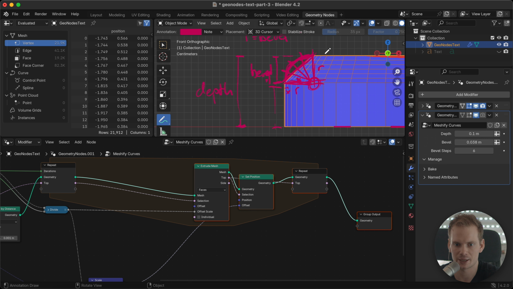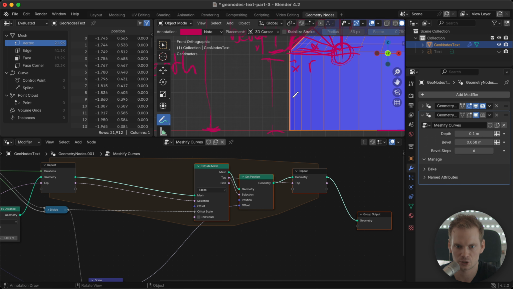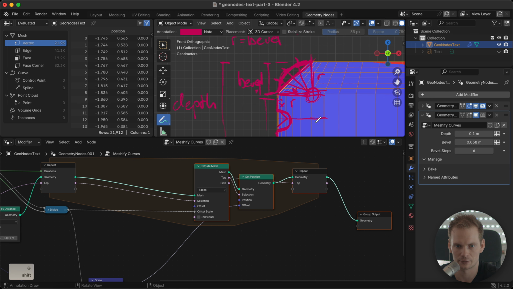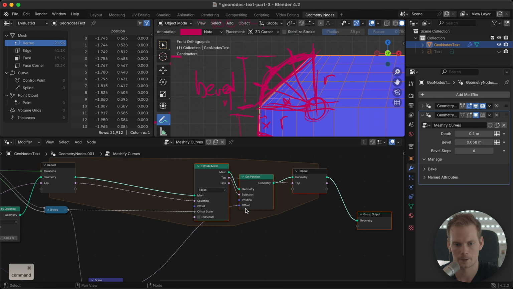You can even apply this to something other than a bevel. If you have this straight edge, you could add a subdivide level here and make something like this, or something round, where your profile is something completely custom to whatever you want. But yeah, let's focus on this first.